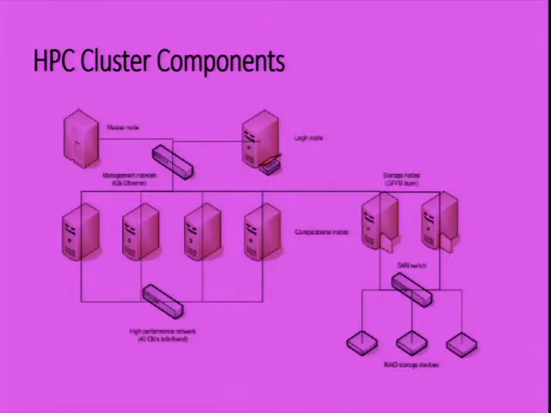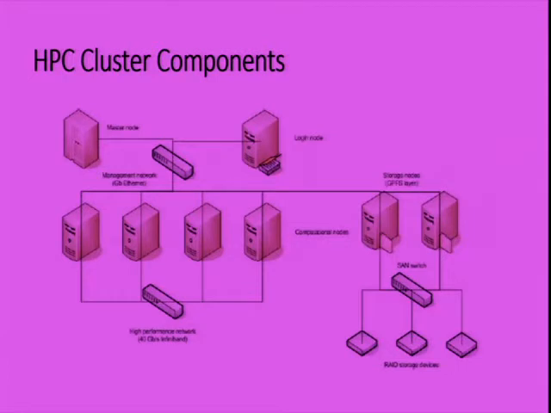and that's connected via management network via gigabit Ethernet. And there's another network called the high performance network, and this is the InfiniBand network, which provides 40 gigabits of bandwidth. So if you have a large parallel application, it uses the high performance network to do the inter-process communication and execute your application. And we also provide a parallel storage system and a parallel file system, and that's a General Parallel File System by IBM.